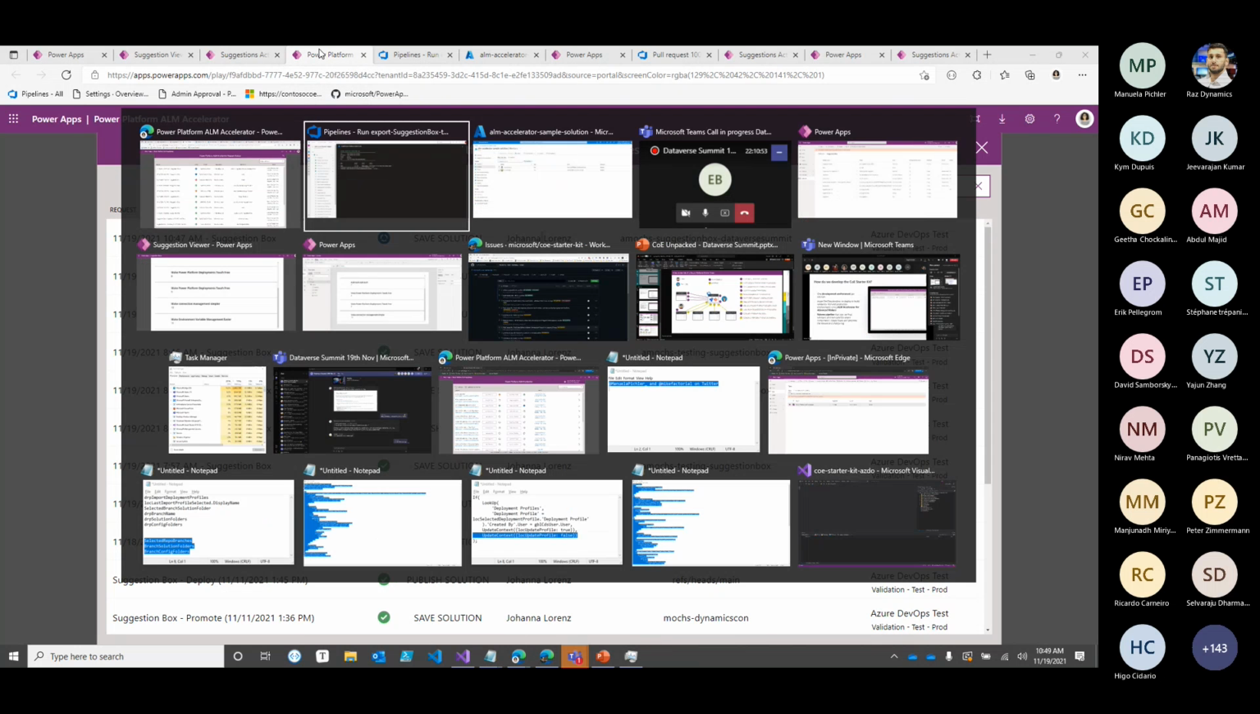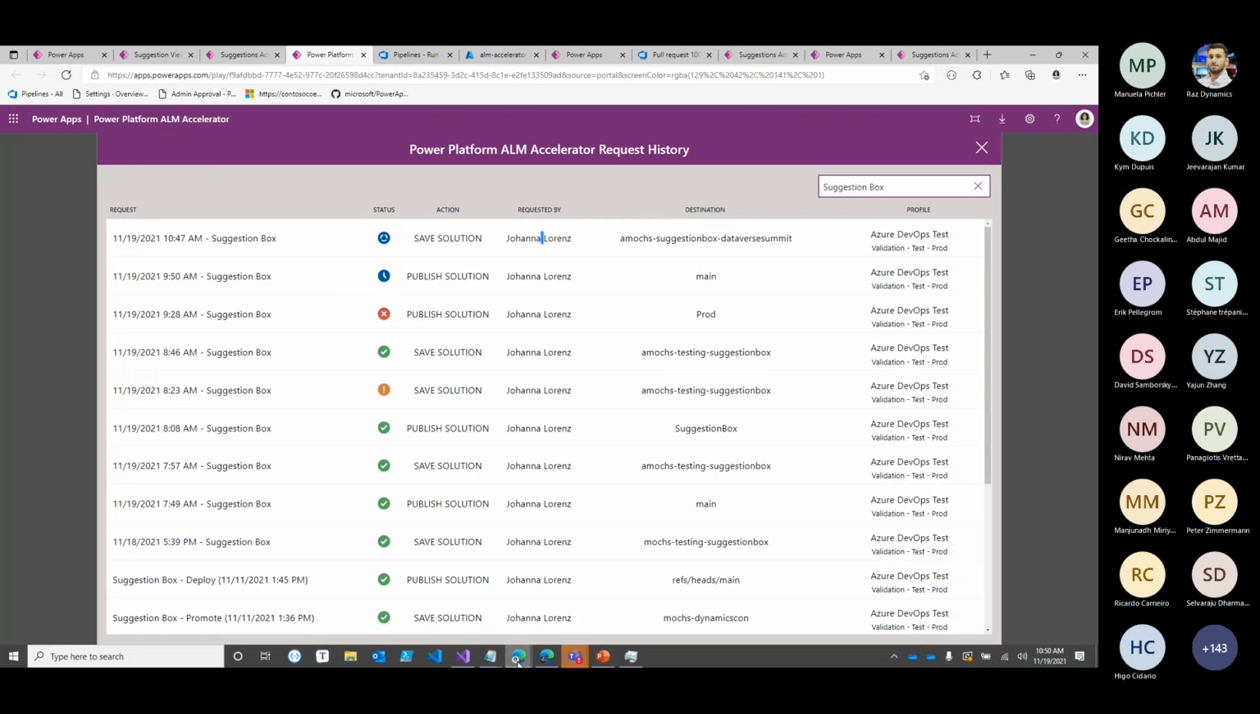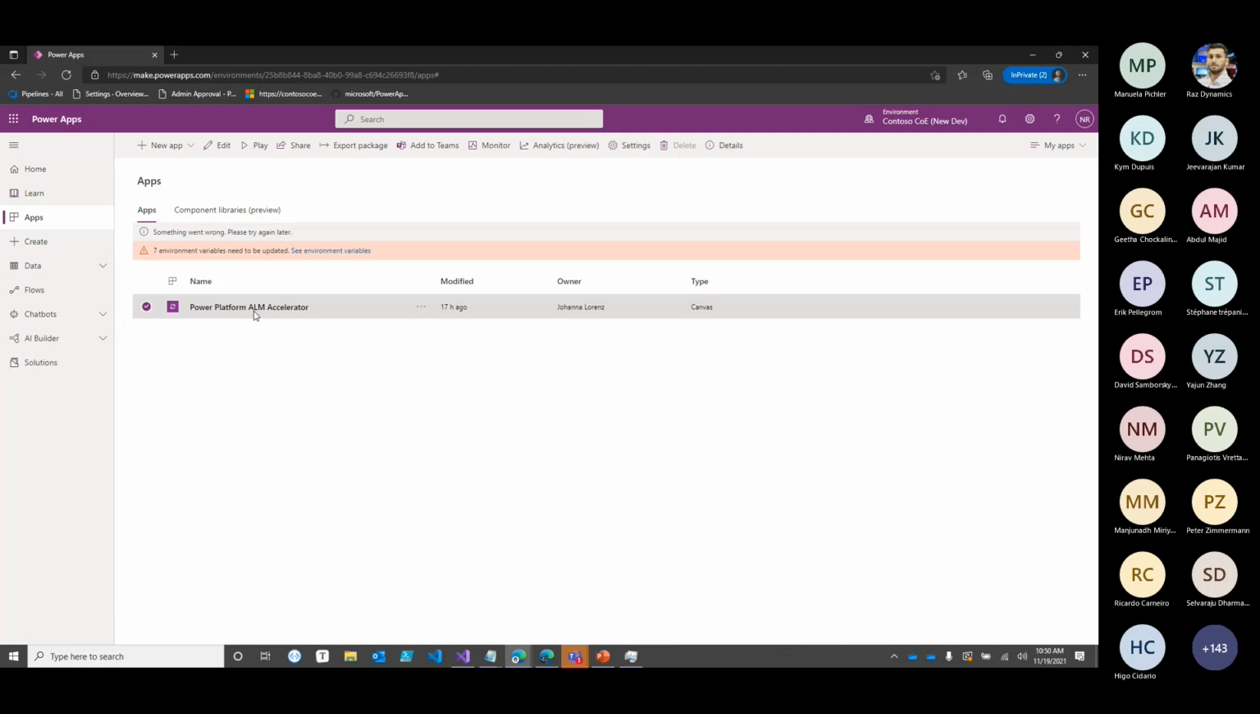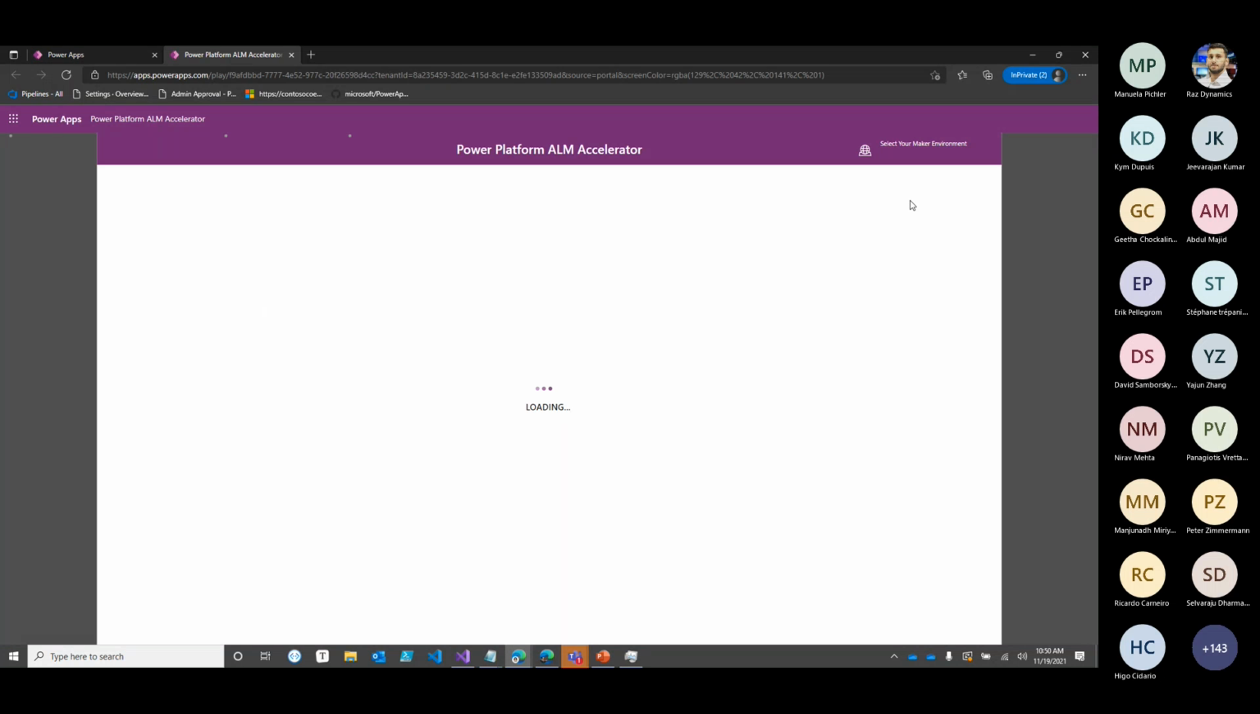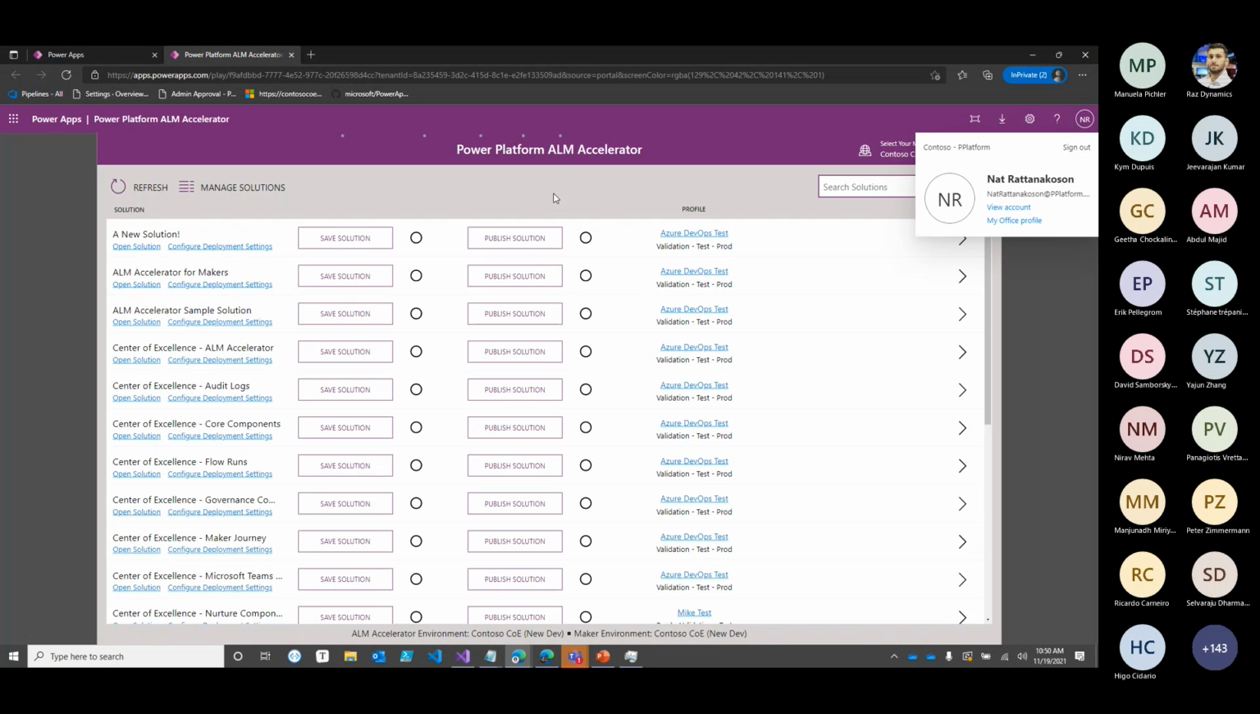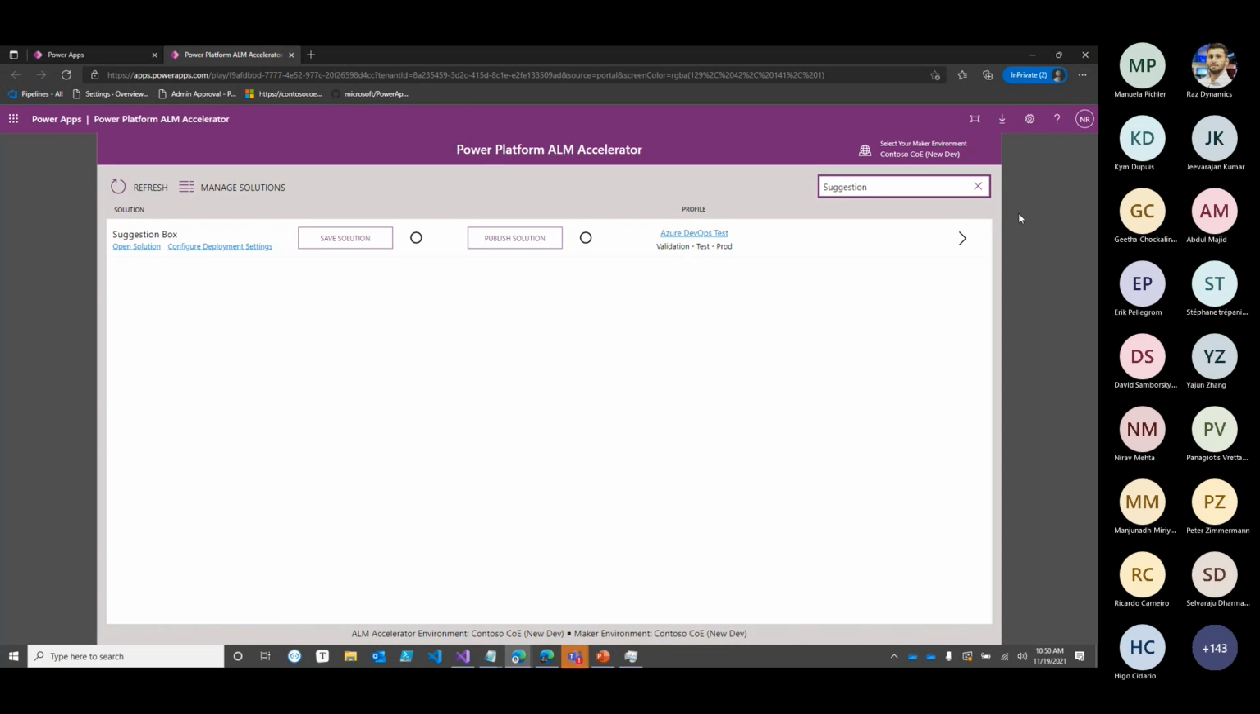Let me jump over real quick and I'll show you what it looks like for somebody who doesn't have access to all of the experiences. So this is Nat Rantanakasan. I'm not sure how to pronounce that name. But Nat doesn't see the box up here. Nat's been assigned a specific experience, and as a result, doesn't see that box, doesn't see the import, doesn't see the delete. But if Nat were to go in and look at suggestion box,